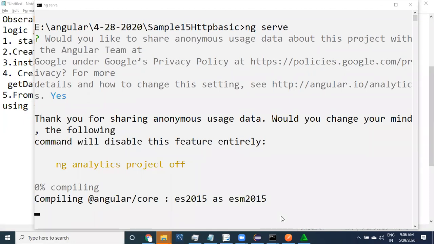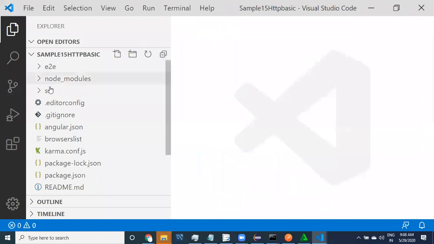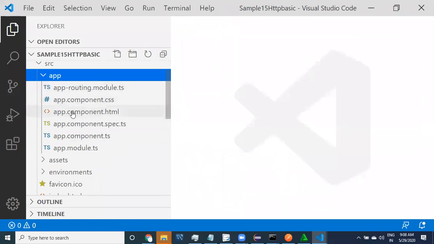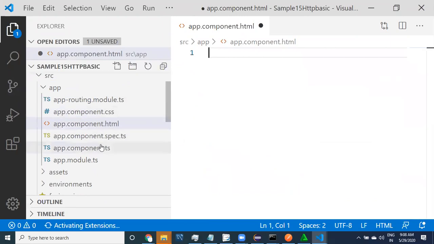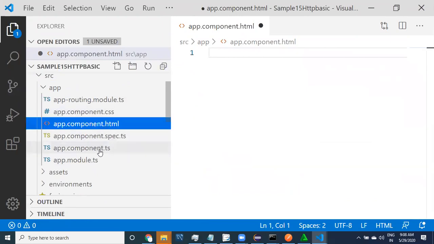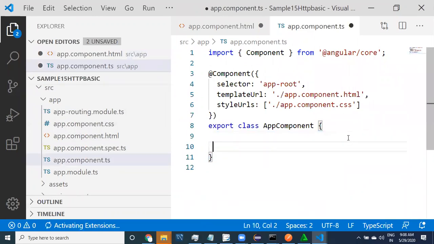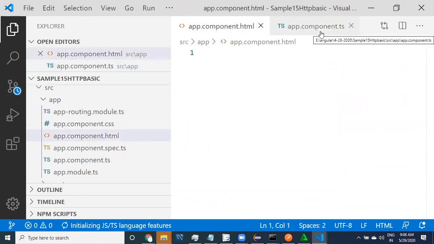I'm waiting for the application. Okay, so now see here, guys. If you open the code, it is available now. If I open the HTML, the default HTML file is available. I don't want this. And if you open app component TS, the default code is also available, with some properties which are not required for me. I have changed the HTML code and the TS file, removing what existed by default. I don't want this default UI.